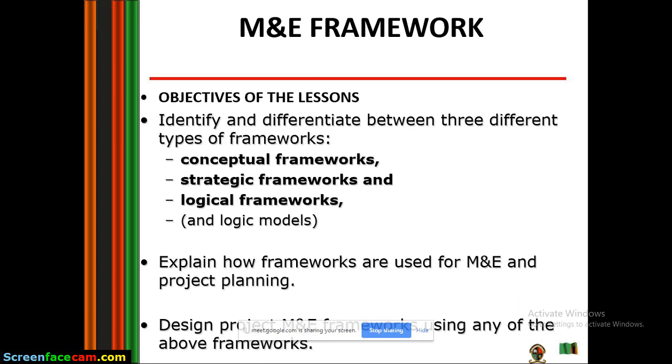Okay, then the second point, operational or outcome. So as an organization we can decide, are we going to focus on the process? Are we going to evaluate how the process was in terms of implementation? Or do we want to look at the end benefits to the beneficiaries? So we can decide as an organization. Then the third point,